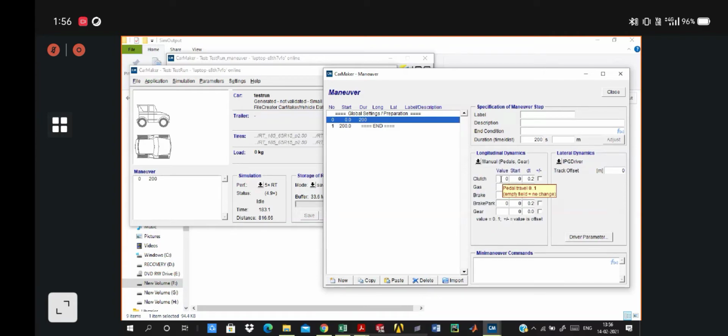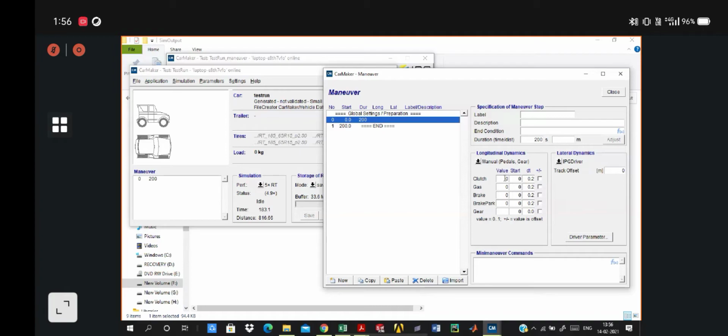The clutch value depends on your pedal, and your pedal value can vary from 0 to 1. 0 means you haven't applied any clutch or brake, and 1 means you have applied full pedal brake or full pedal force.